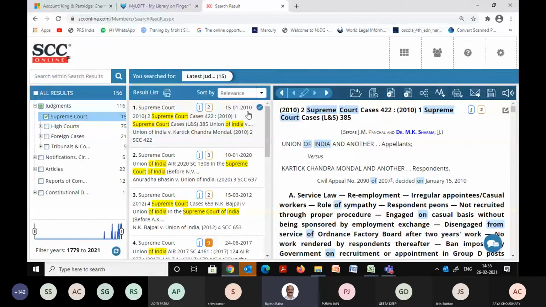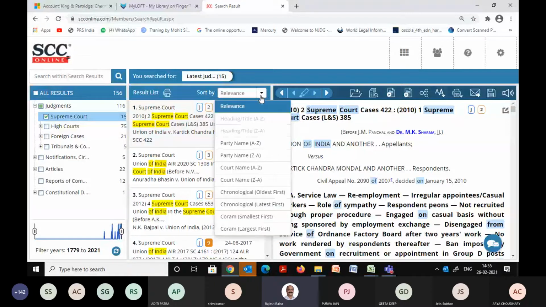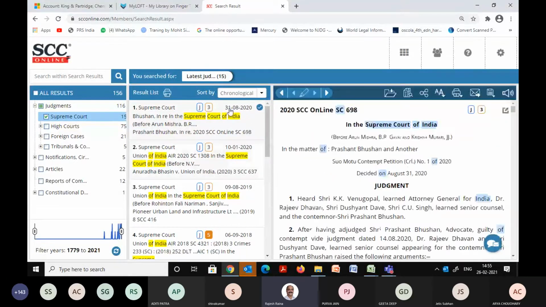Now from here, it's a 2010 judgment which is being displayed in the result list. I will use this sort by option. In the sort by option, there are 3-4 options primarily with which I can sort. I can sort on the latest. I can arrange latest first, or maybe quorum strength largest first. Let's choose this latest first. And on top now I have the 31st of August 2020 judgment, right? Let's keep this in mind. I'll redo this search to better understand how the search engine functions. So 31st of August, Supreme Court of India judgment on defamation, and the total results are 156.